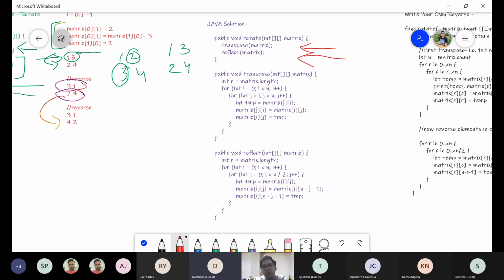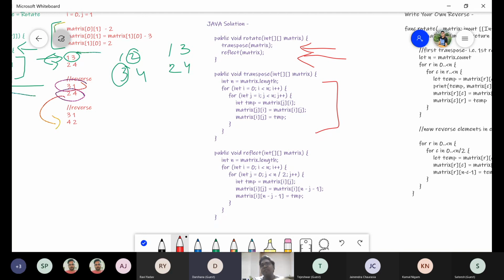So we will see how to write the transpose. We already discussed in the earlier solution that the transpose will remain the same. We start with I is equal to 0, and then we can start with j is equal to I or j is equal to I plus 1, it's up to you. Earlier, one of you asked why we are taking I plus 1 and not j is equal to 0.